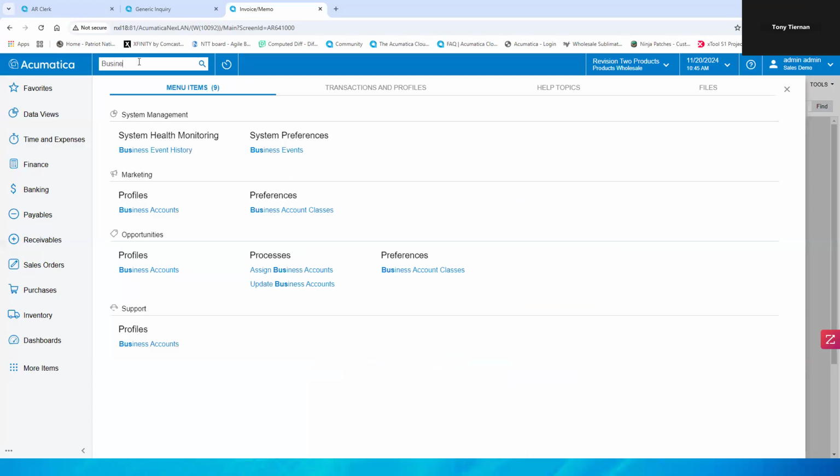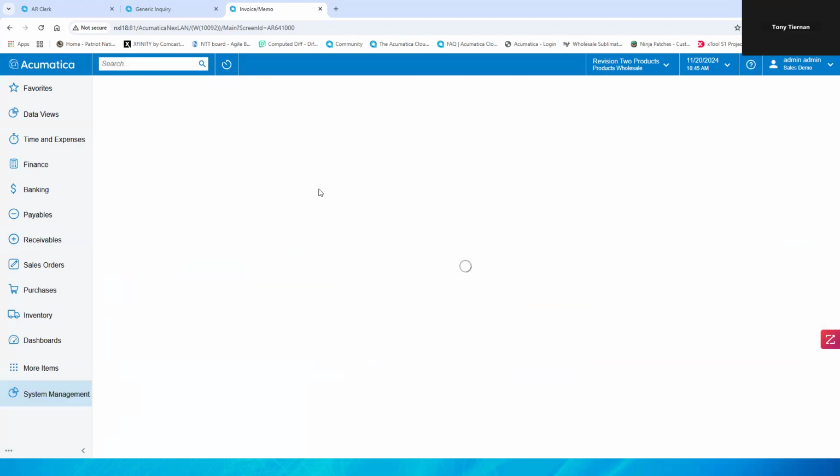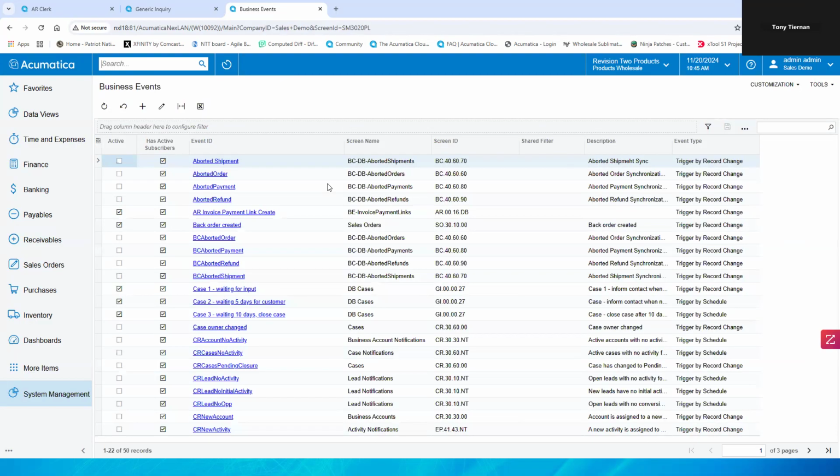is what Acumatica uses to, we'll say, trigger other events and make things happen along the way. So Acumatica uses business events to speed up processes that are repetitively manual and make the system do it without you having to touch it. All right, so as you can see, again, we've got a handful, or 50 records or 50 business events already built into the system that we can utilize, but we can also create new ones to fit our custom workflow and our custom business